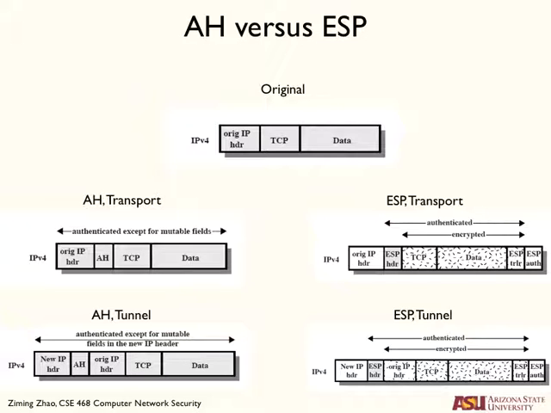Then in the authentication header transport mode, the new authentication header will be inserted here, and for the whole packet, all the immutable fields, we will authenticate and maintain the integrity by calculating the keyed hash value. And in tunnel mode, it is a little bit different. We are adding a new IP header and a new authentication header,